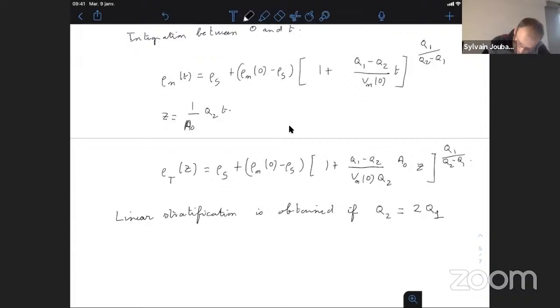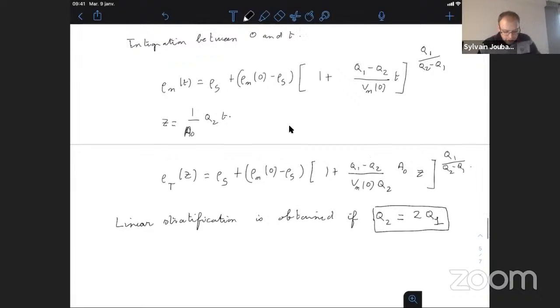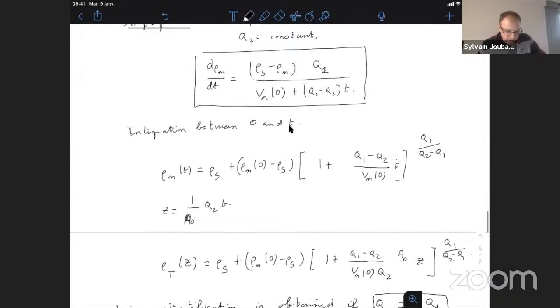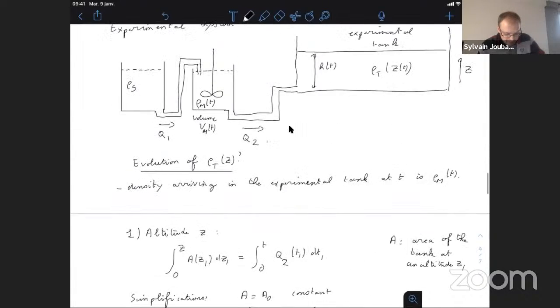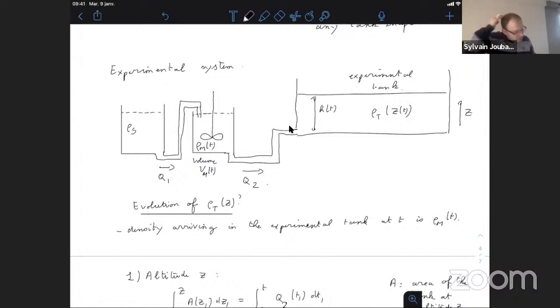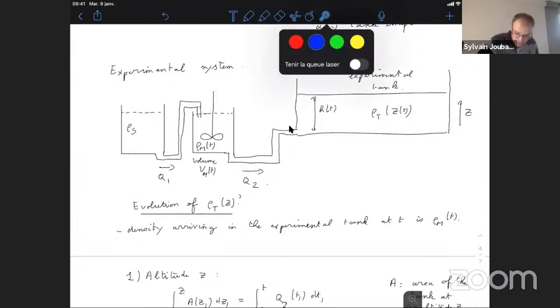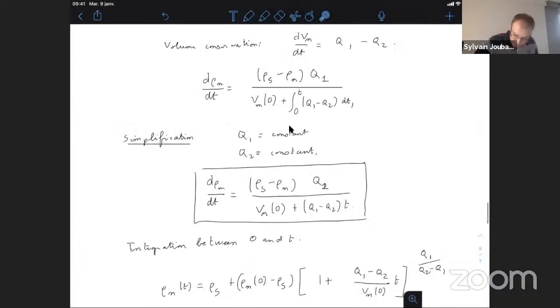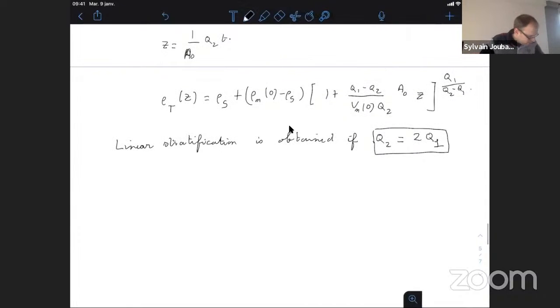So you get this physics. So I come back to this system: the flow rate here is 2 times smaller than the flow rate here. And using this, you get a linear stratification,